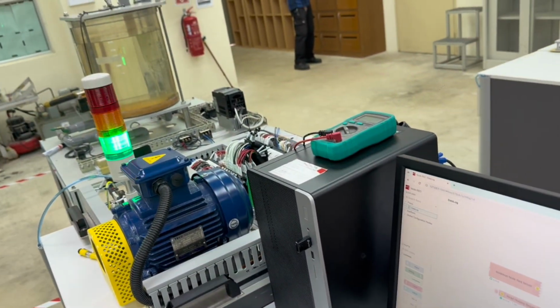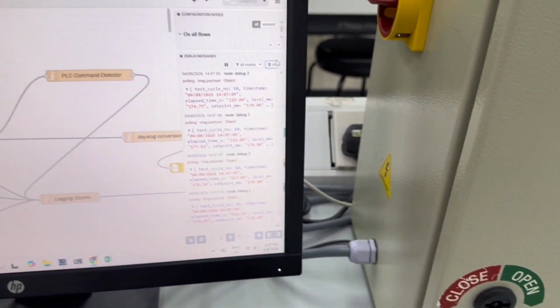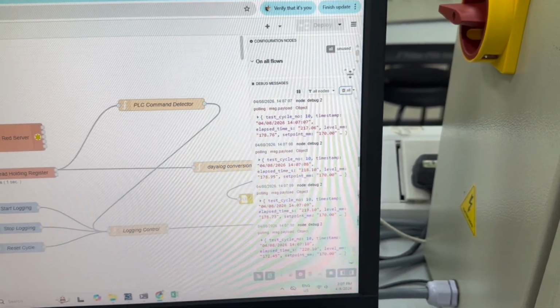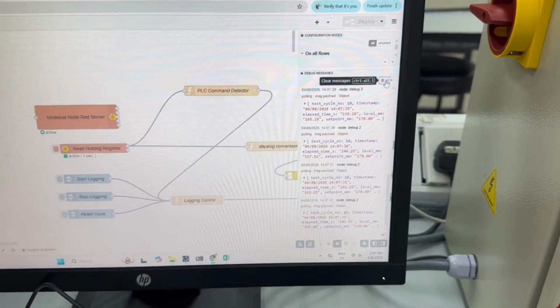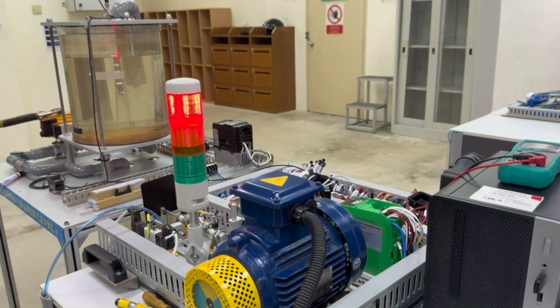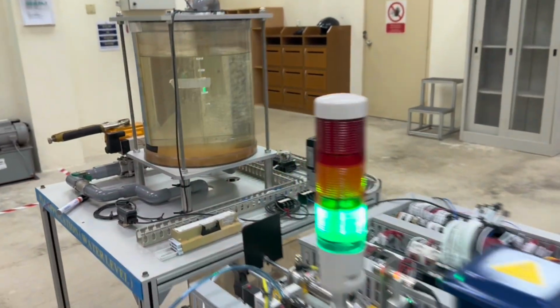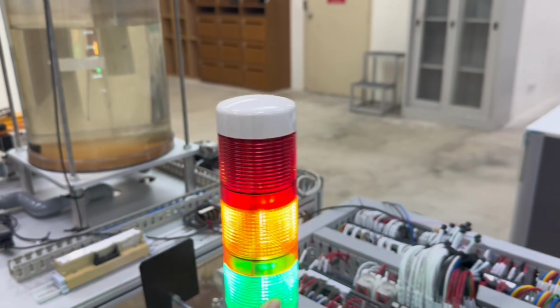Increase there. Okay. So right now 136. Okay, increase. The level will increase. This is upper.